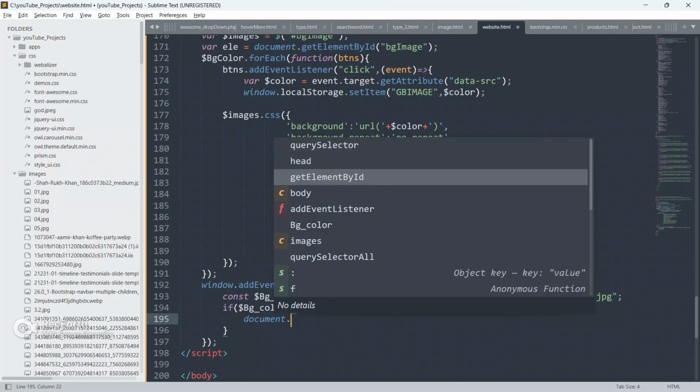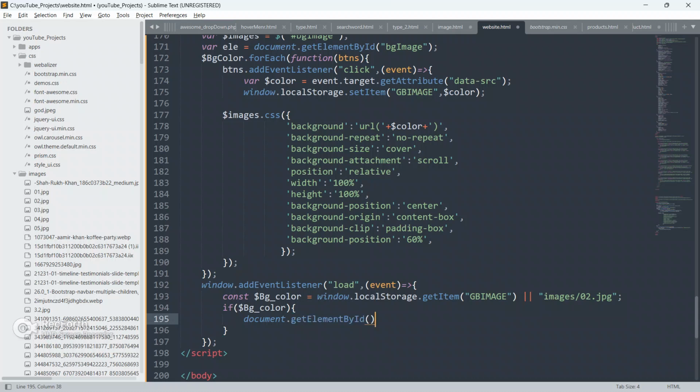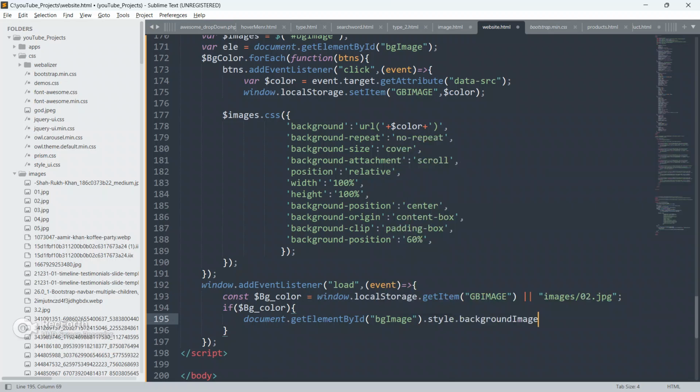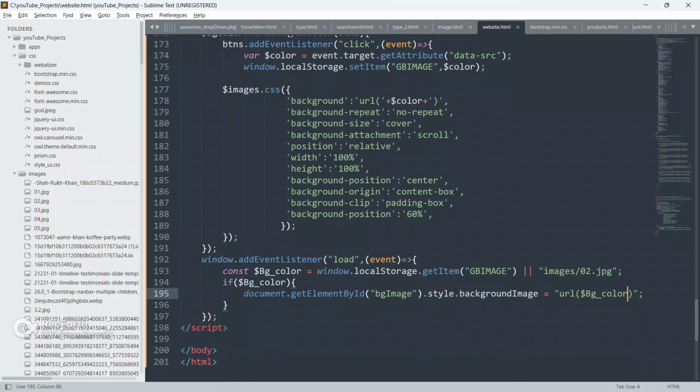Okay, guys, so document dot get element by id, bg image, dot style dot background image, and we'll put equal to url, this bg color.